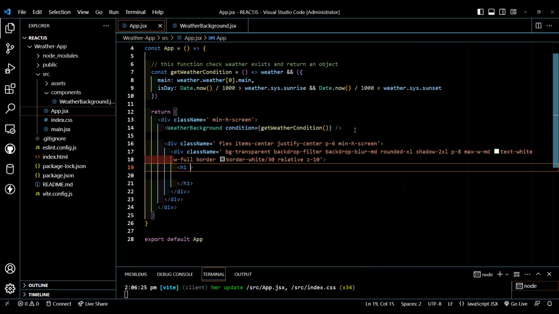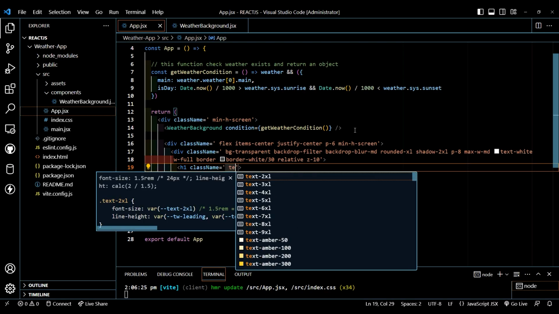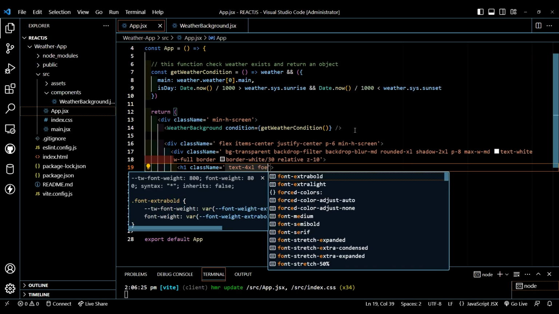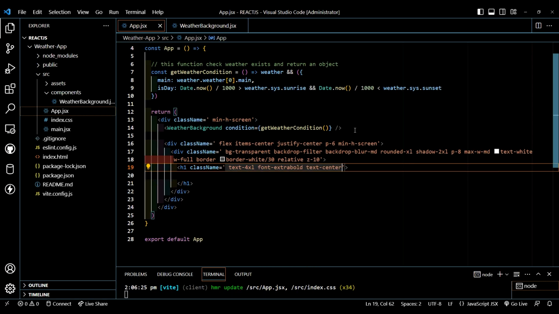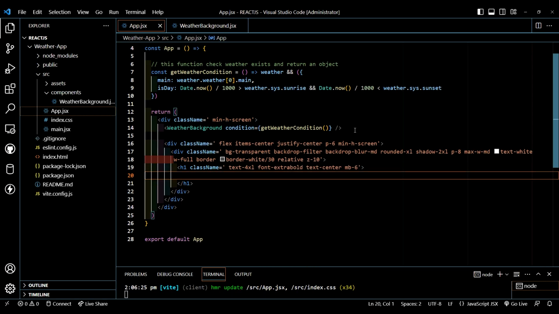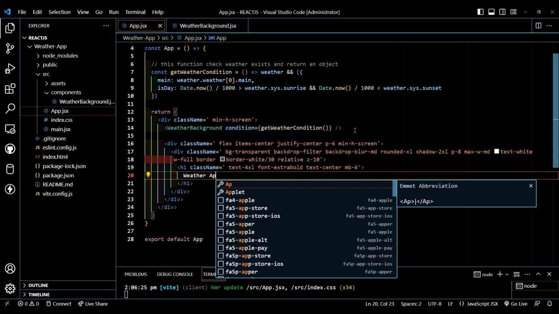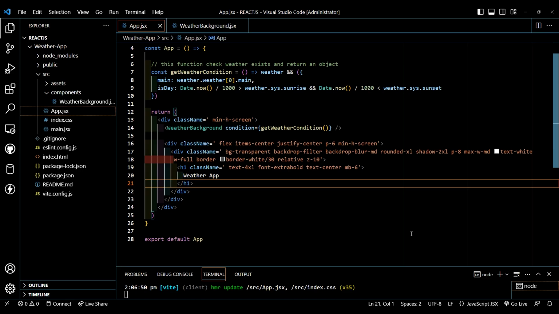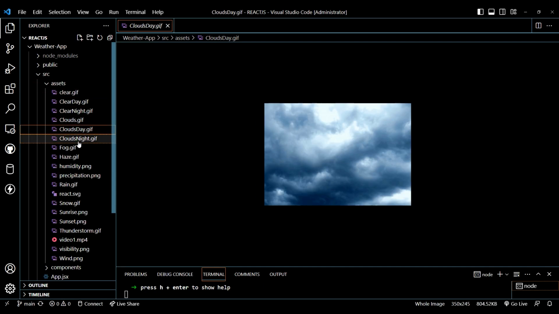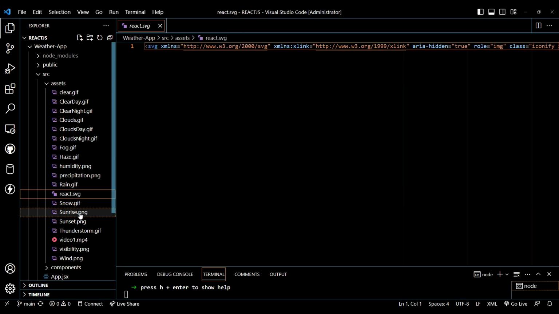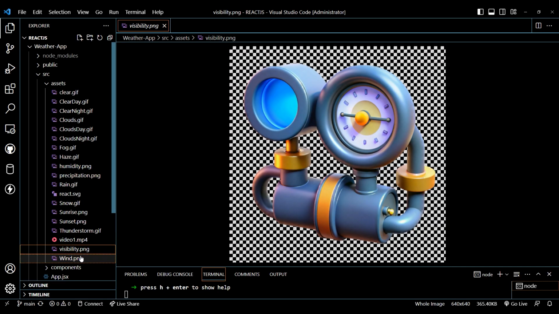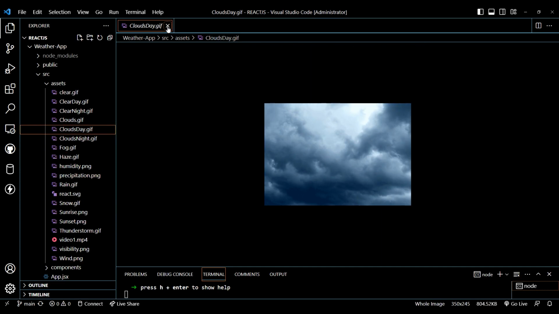Let's type h1 tag, give class name, text will be 4XL, font will be extra bold, text center, margin bottom will be 6. Let's type weather app. Now you can get these assets from the given link below. So then close this,